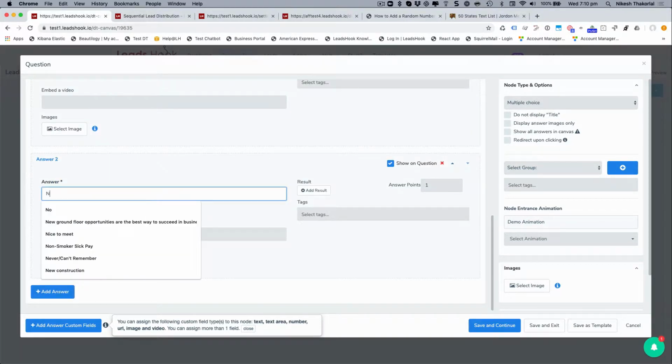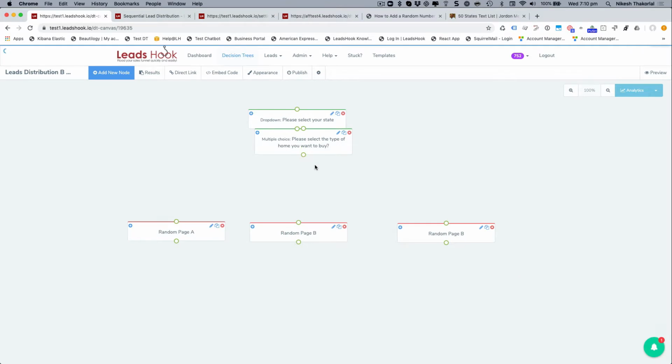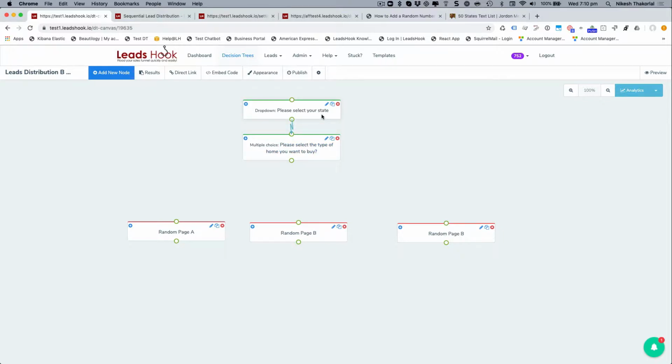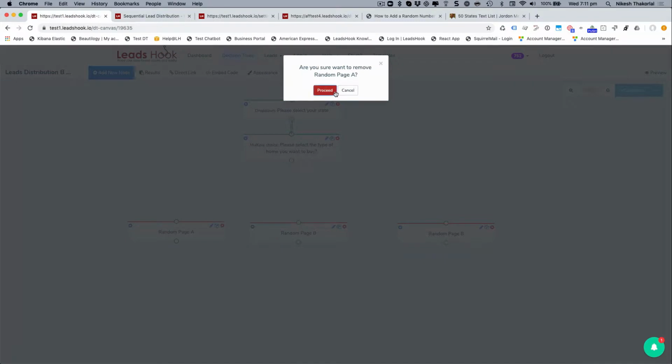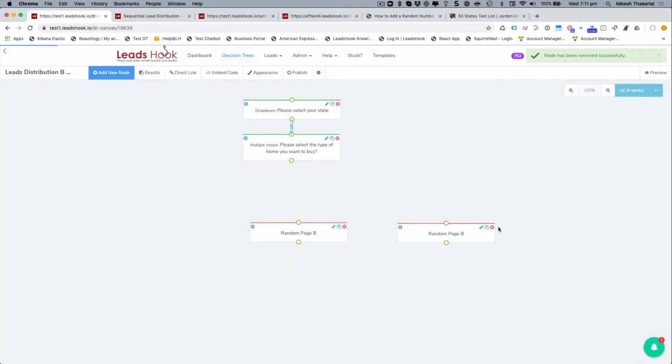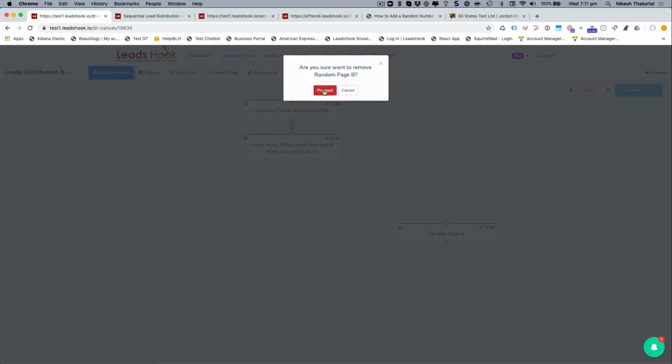Small home and a big home. Done. All right, so I've got two questions over here: the drop down with 50 states, and then the size of the home that someone wants to buy. I'm going to get rid of these ones because we don't need them anymore. And I'm going to share with you how to create the